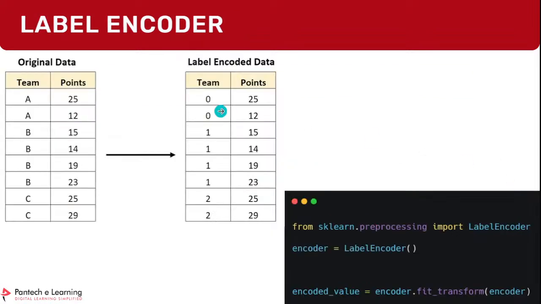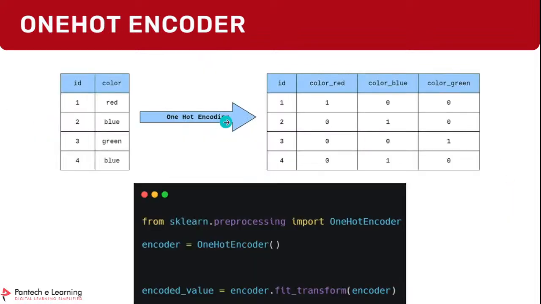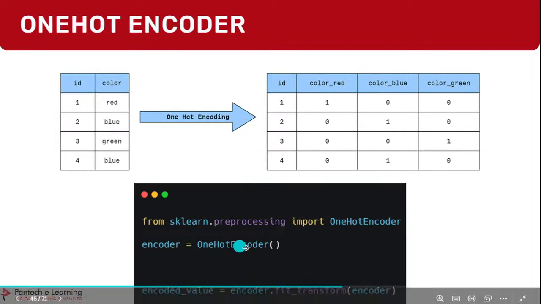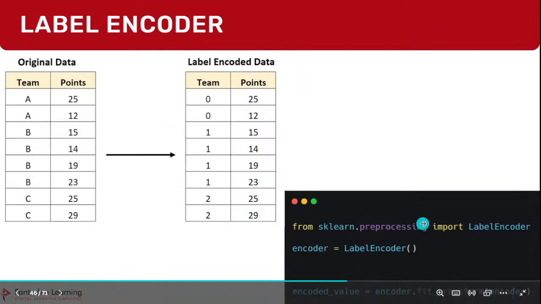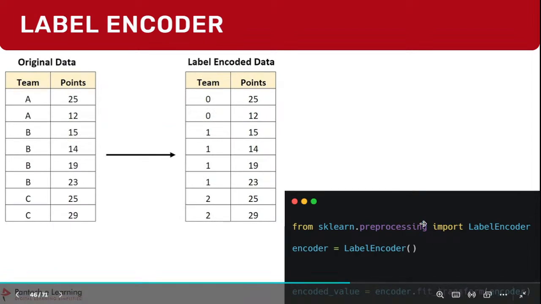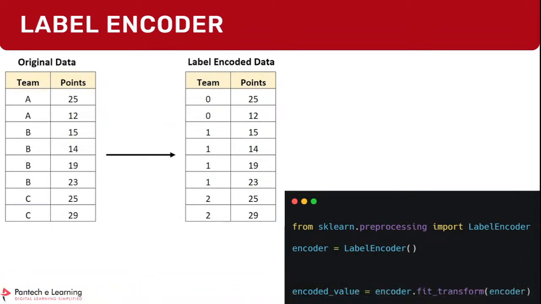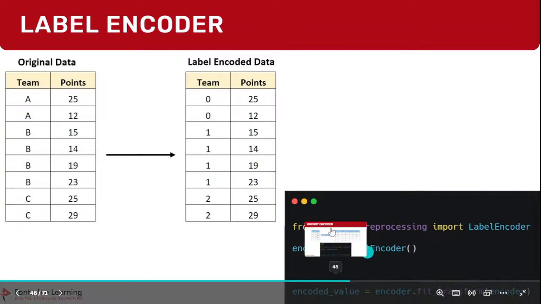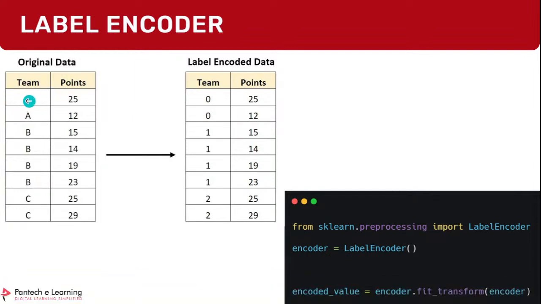You also have something known as ordinal encoding, and nominal encoding can be done with the OneHotEncoder of sklearn.preprocessing. This ordinal encoding can be done with the help of LabelEncoder from sklearn.preprocessing, and you can transform this. Like, category A is now given as 0, B is given as 1 and C is given as 2. Like we have seen in the diabetes data set, right? Yes or no, 1 or 0. Like that we can perform here also.